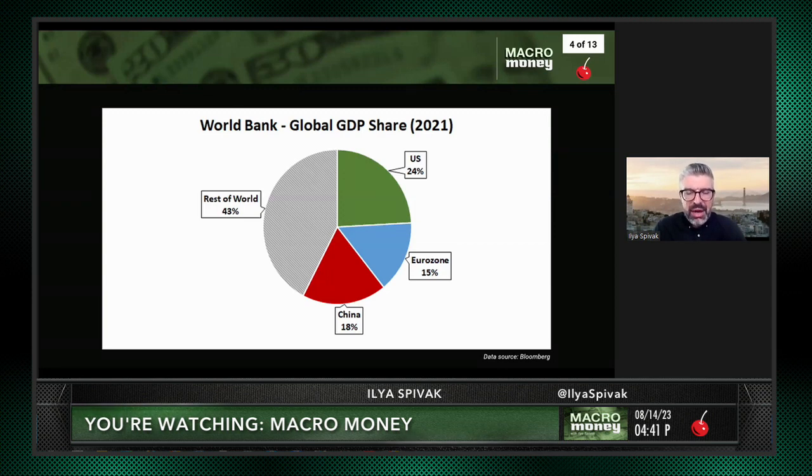Because in that rest of world number is, say, Australia, for whom China is overwhelmingly the largest export market. There is Canada, for whom the U.S. is quintessentially the driver of economic conditions and the source of demand. So too is Mexico, for the same reasons. So too is Central Europe, dependent as it is on Eurozone demand. And indeed demand from a relatively narrow core of the Eurozone. The richer, larger economies like Germany, France.